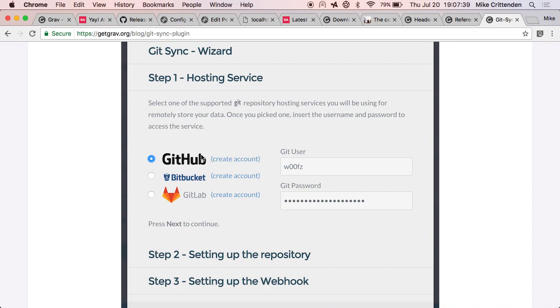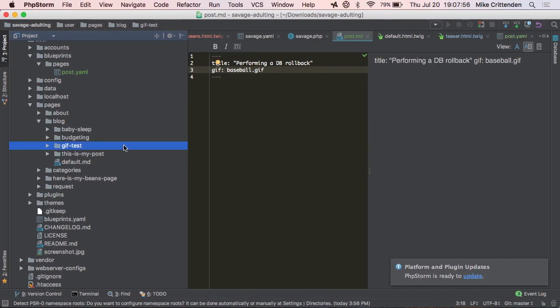A nice thing about this too is that since it does it every time content is changed, you can use Git as your revision system for content, like for workflow strategies. If somebody makes a mistake and needs to revert back, you can just git checkout, commit, and git push, and then that'll be reverted back. So yeah, I think that's really it. I just kind of wanted to show off the basics of Grav.